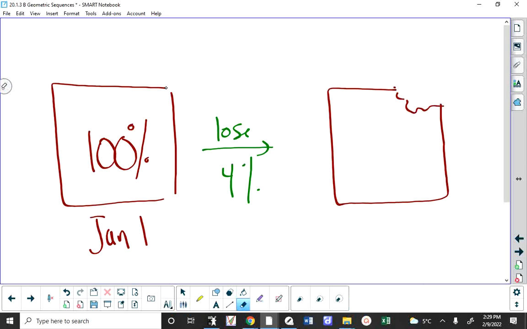And the amount you've lost is 4%, which means that you have 96% left. If you lose 4%, you keep